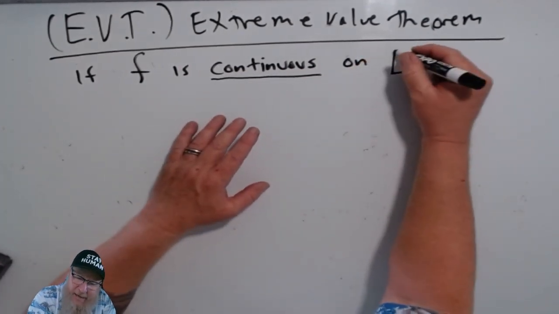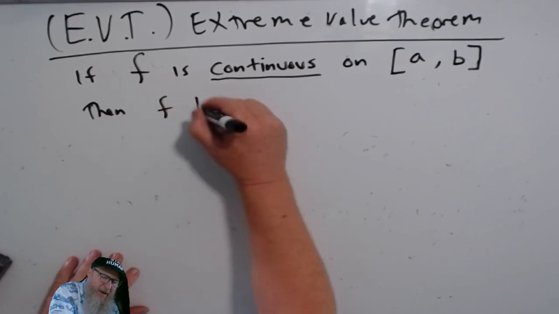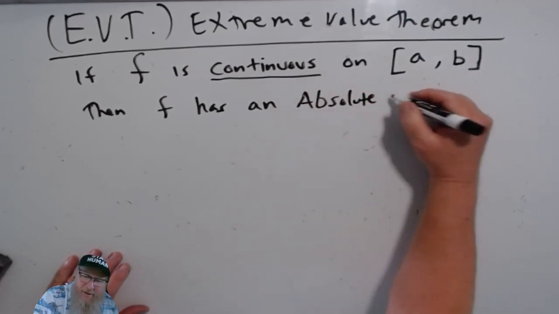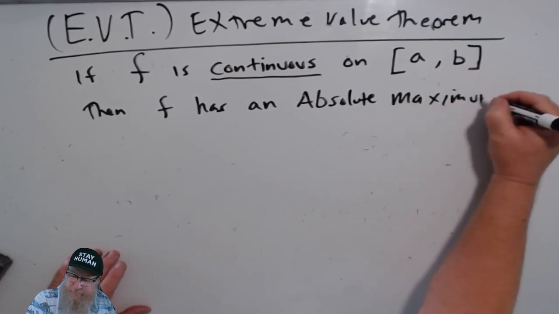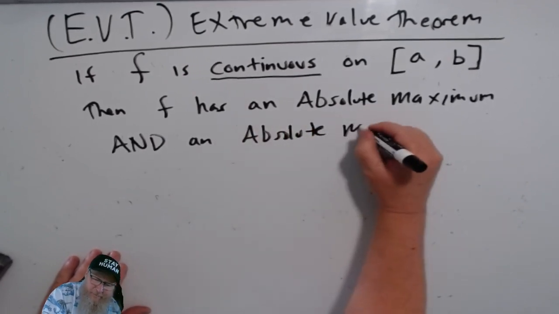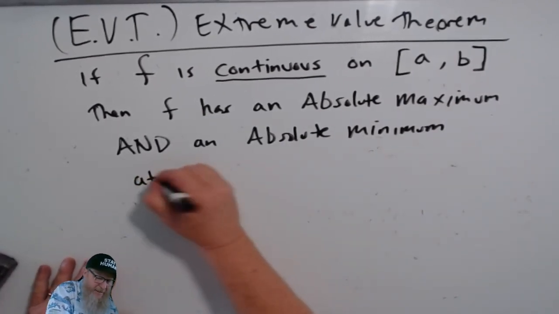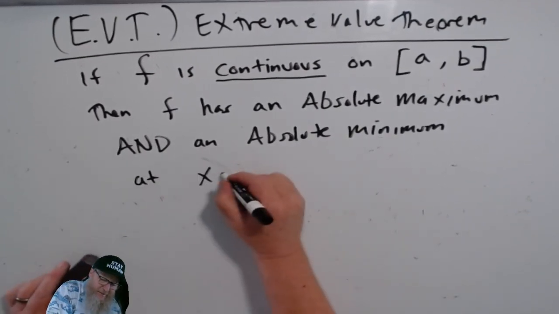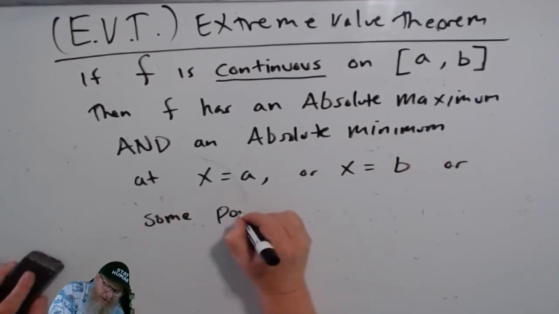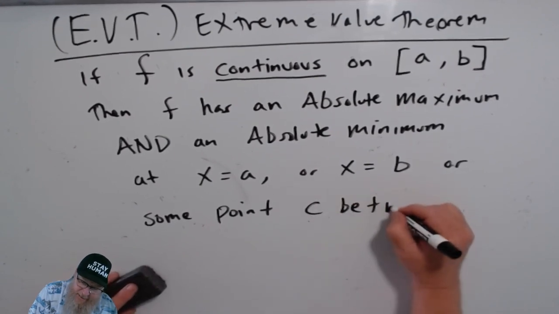On the closed interval AB, then f has an absolute maximum and an absolute minimum at A or B or some point C between A and B